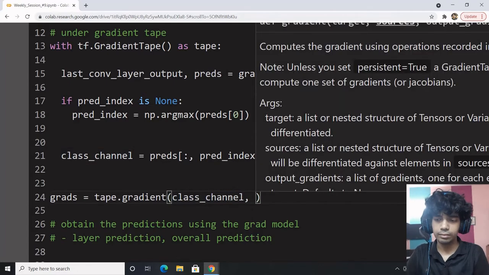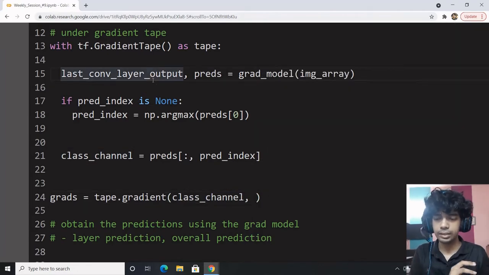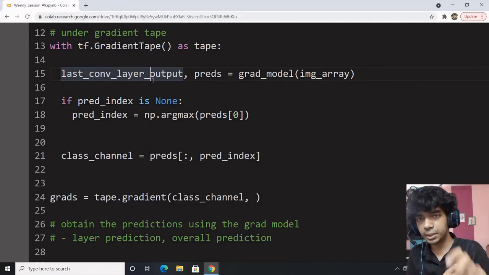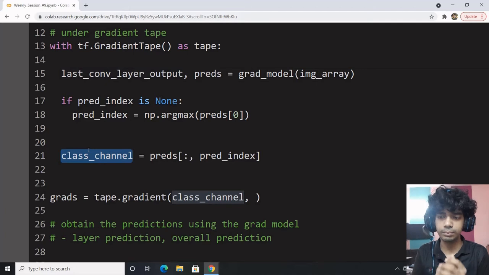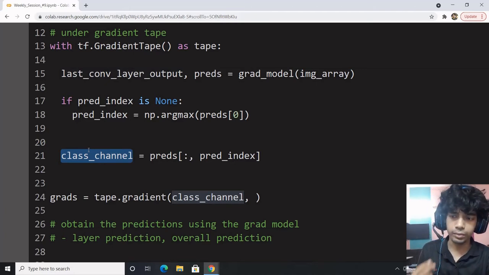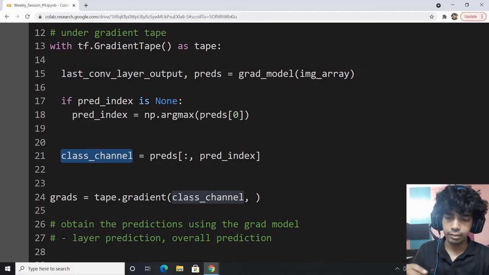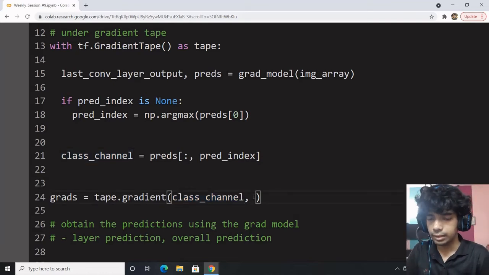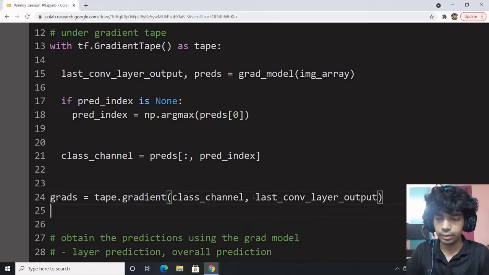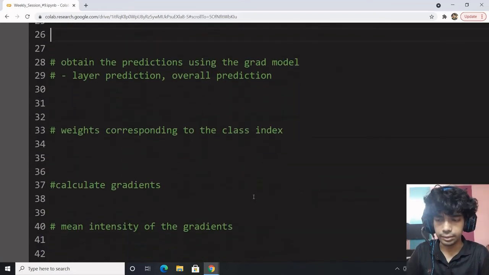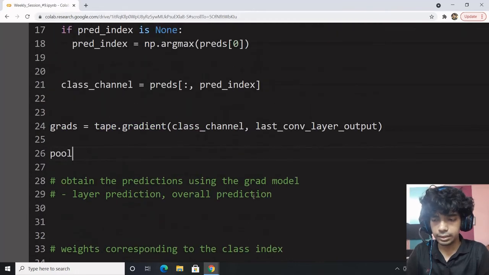Whatever the prediction output was for that particular class needs to be automatically differentiated with respect to the last convolution layer output. We have obtained gradients. Now after obtaining gradients, let's see how the gradients look.